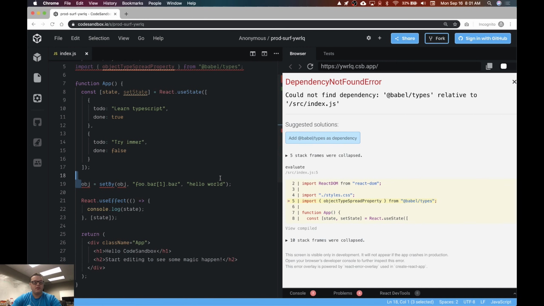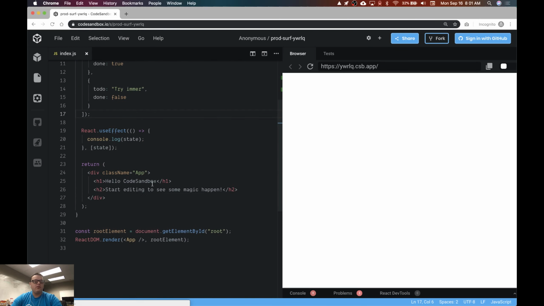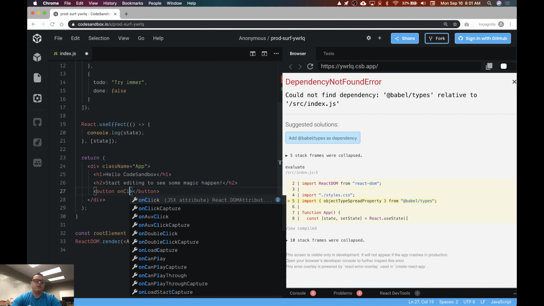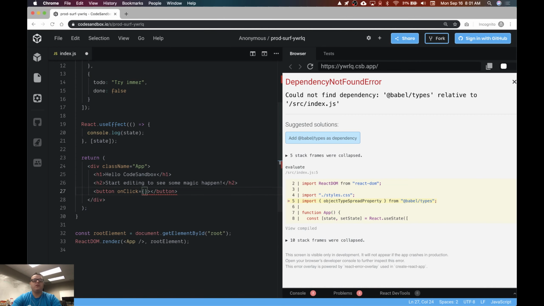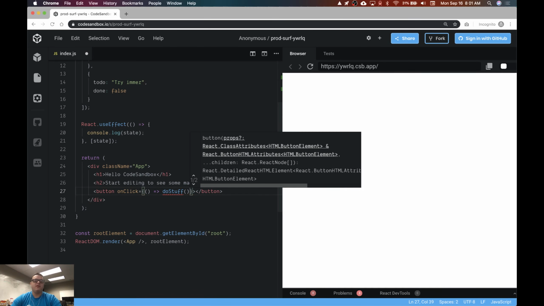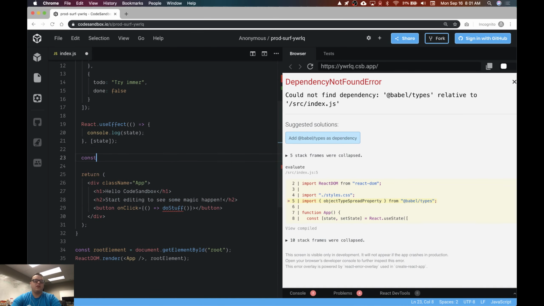State. And then we're going to make a button here that will, let's see, on click, we're going to have this button do stuff. Const do stuff